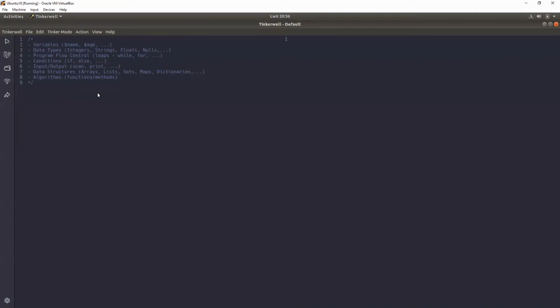And then we have data structures. These are used to organize the data. For example, you have items. How do you organize them and arrange them? We have arrays, lists, sets. Sets are like the sets that you have been covering in school. We shall be looking at all of those, maps, dictionaries, and so on.